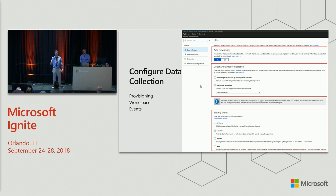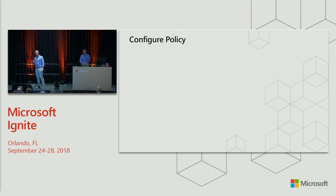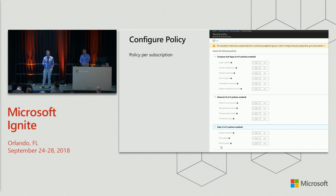And Log Analytics does provide some really good interfaces to see how much data is coming in from Azure Security Center and the other solution packs that you might deploy, like Wire Data. So that's kind of per subscription. So if you have a smaller environment, okay, you can go configure that, maybe 5, 10 workspaces, or 5, 10 subscriptions. But if you have to go configure this on multiple workspaces or multiple subscriptions, you can configure,